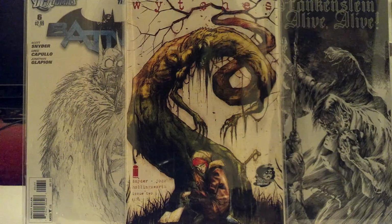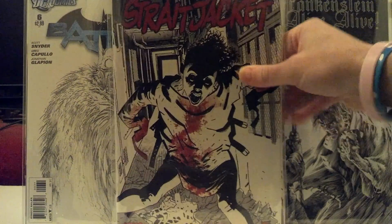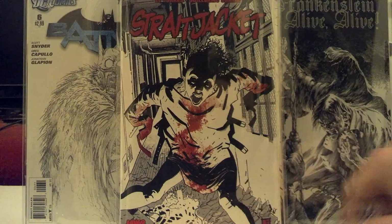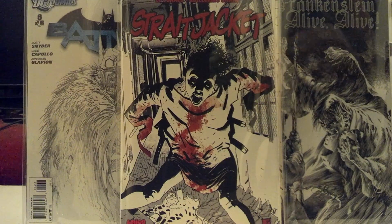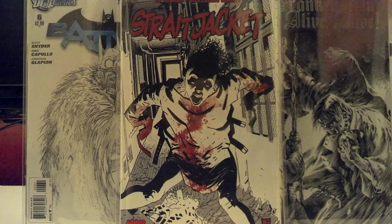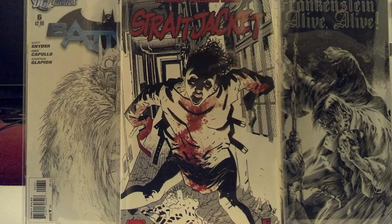Another favorite, horror, Straitjacket #1. This is the regular cover. Super limited, less than 1,000. But it's just perfect. It's a terrifying look on her face, and then the red is just amazing. If you've read the book, you know the story. It's all about, she's in an insane asylum. It's about murder. It's about sacrifice,